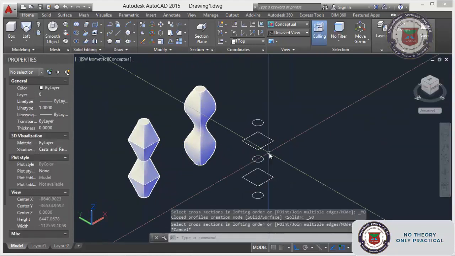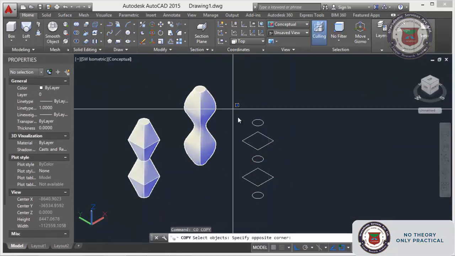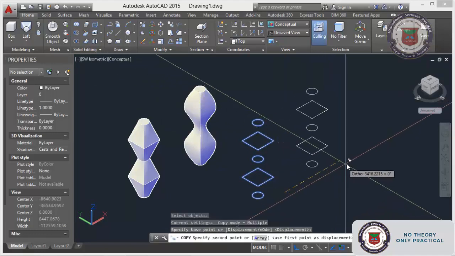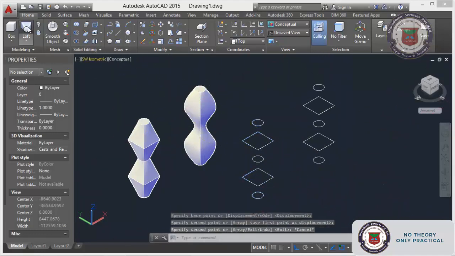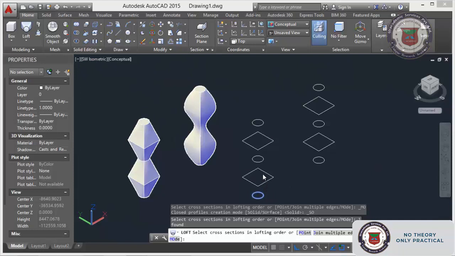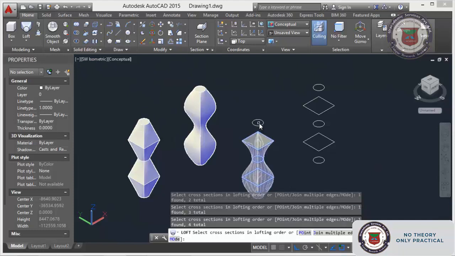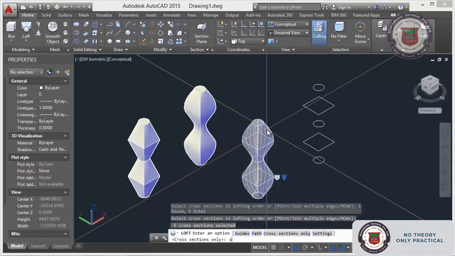Before that I will make a copy so that I will not have to make the 2D objects again and again. Just click, select objects, enter, settings, enter.